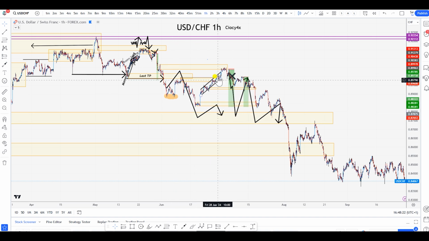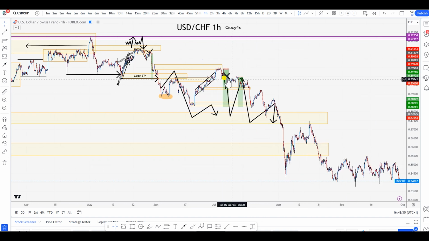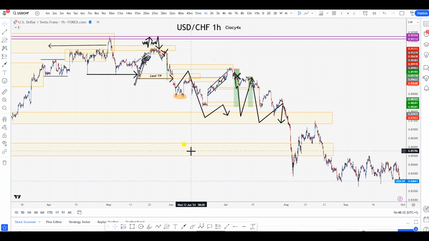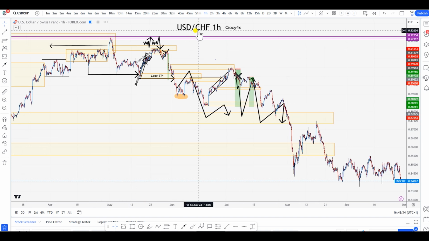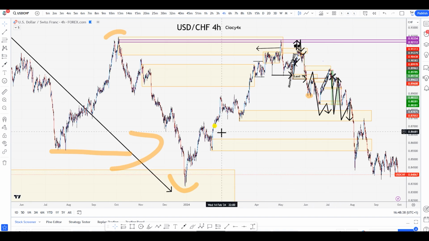Then again, here, that was a forecast I made: break, test, and coming all the way down. And price eventually just melted. But why did I take that? Because I knew the game, I knew what was going on to the left. You want to know what's going on to the left? Let me show you this. In a bigger picture, the range is here, you've got the high, you've got the low, you've got the grab of liquidity or breaker circle, whatever you want to call it, price comes to the extreme.